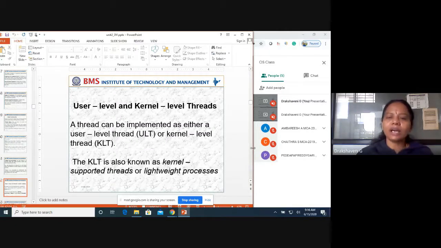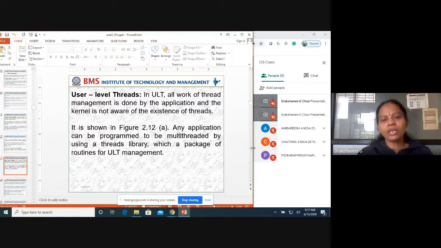User level and kernel level thread. A thread can be implemented as either a user level thread (ULT) or a kernel level thread (KLT). KLT is also known as kernel supported thread or lightweight process. What is this user level thread?